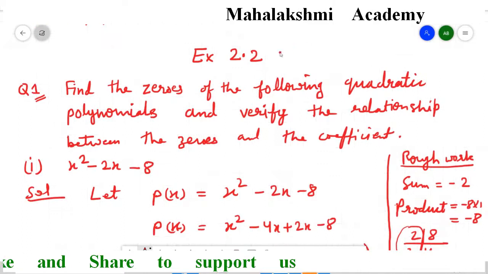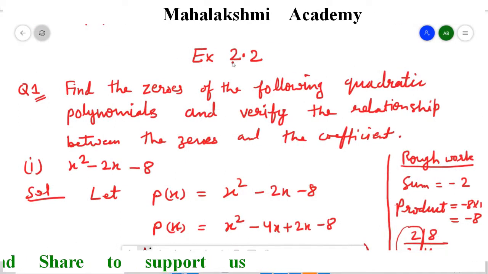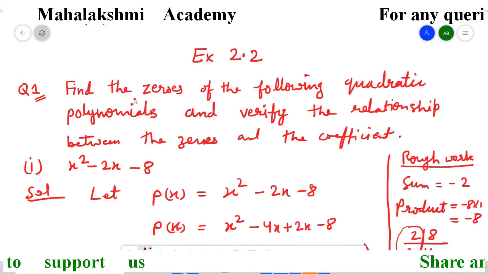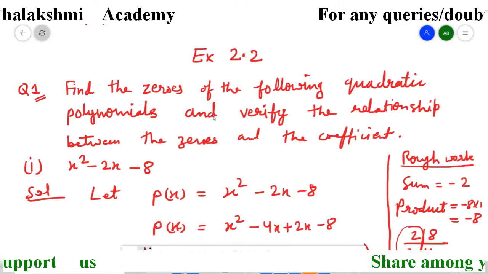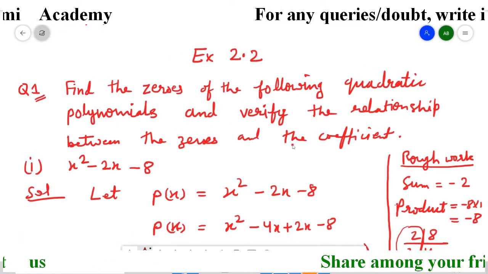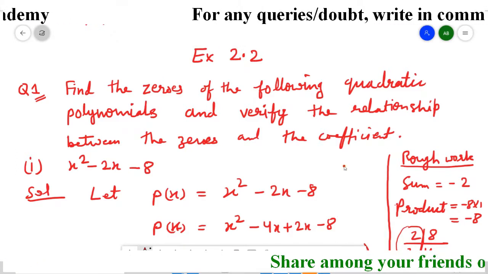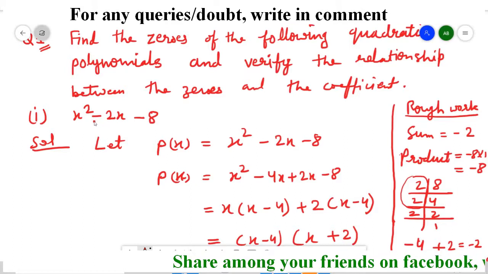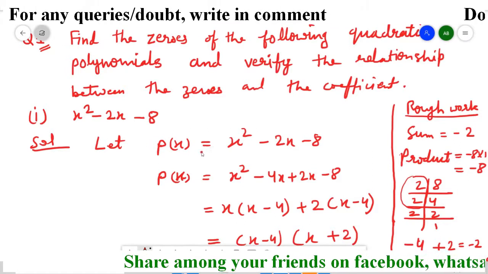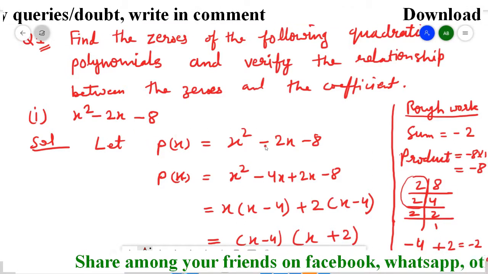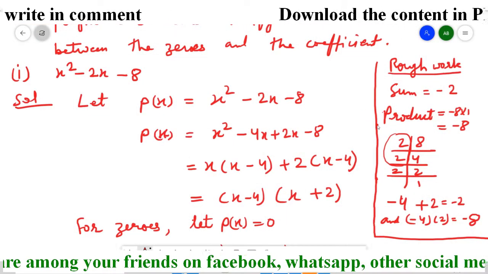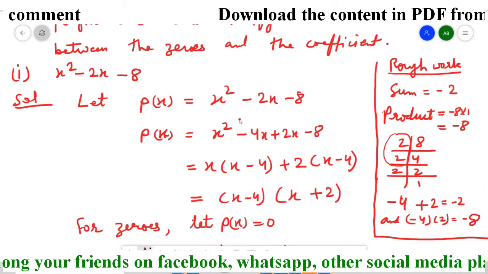We need this. Now, one question we have to solve from exercise 2.2 of 10th class maths. The question is: find the zeros of the following quadratic polynomial and verify the relationship between the zeros and the coefficients. I selected the first part to do. Firstly we will assume it's a polynomial in terms of x because the variable is x. Now, we will factorize it, and you might have studied factorization in 9th class. So, let's go through that once.